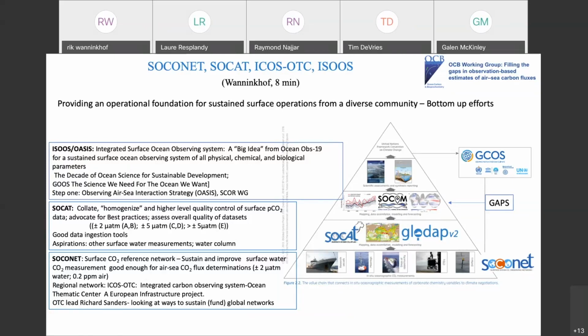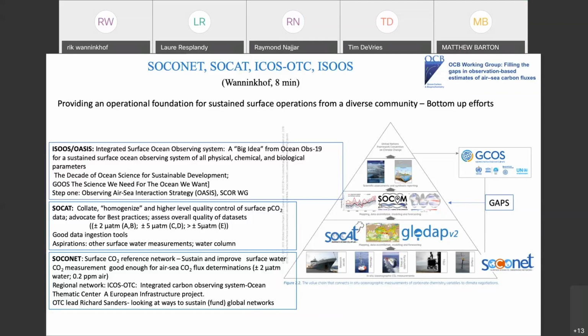By coordinating infrastructure, they believe that we can get sustained observations done in a systematic fashion for a long period of time in order to provide products which are of great use for the higher level goals. Currently, the Ocean Thematic Center has an energetic new lead, Richard Sanders, who came from the Southampton Center, and he is looking at ways that we can sustain